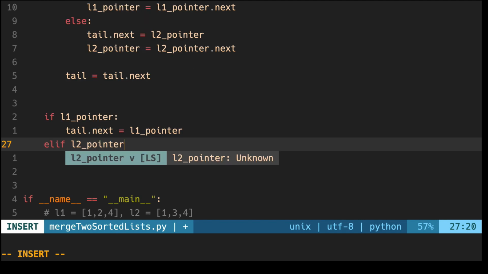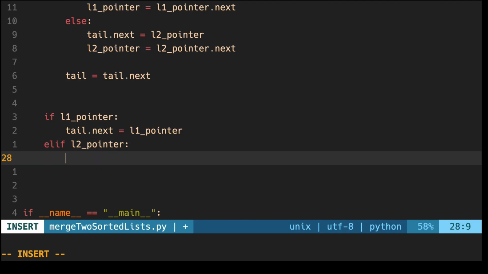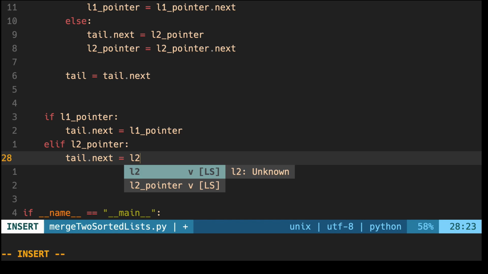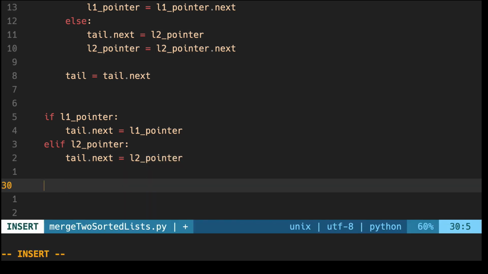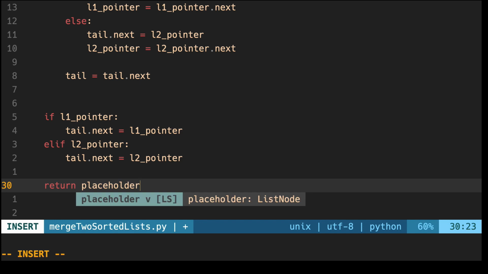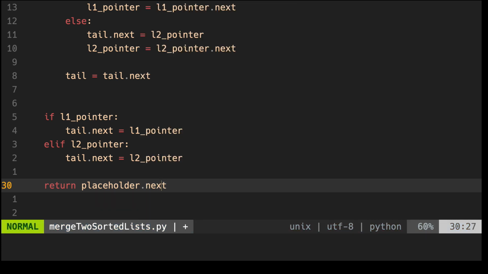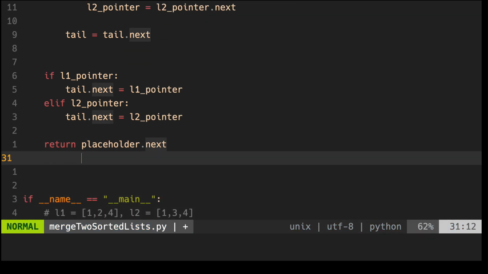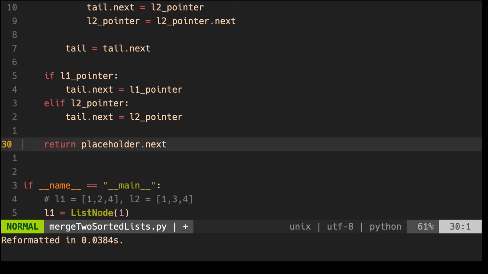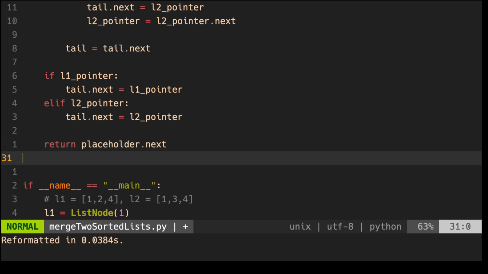So elif L2 pointer. So if L2 pointer is the one that's not null, then we'll do tail.next equals L2 pointer. And lastly, we're just going to return our placeholder. And remember, we used the placeholder to keep track of where the head of our linked list is. So the head of our linked list is going to be placeholder.next. Because remember, the placeholder is just an empty node. And then let's just go ahead and format. And that's going to be it